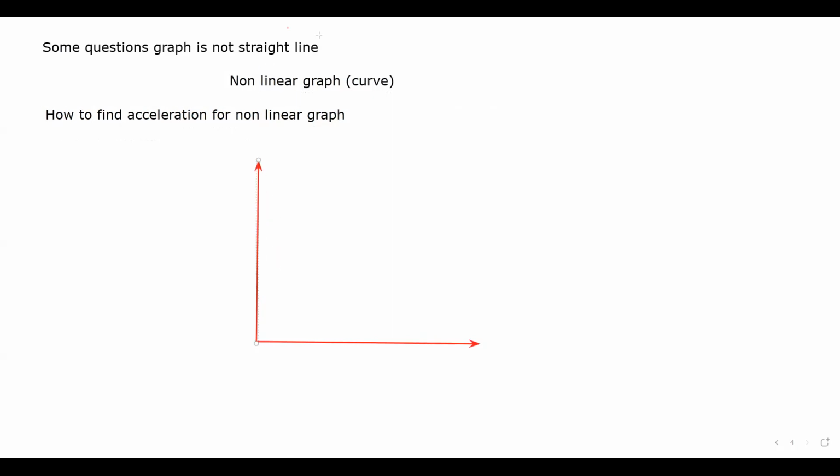So a speed time graph is there, and there are numbers 1, 2, 3, and then 10, 20, 30, and so on. And this is how the graph appears. It's not linear, it's a non-linear graph,